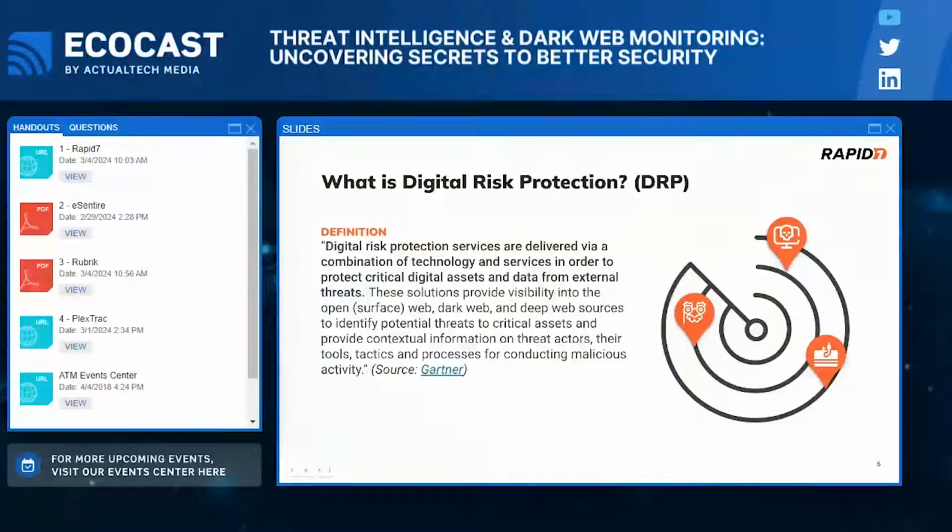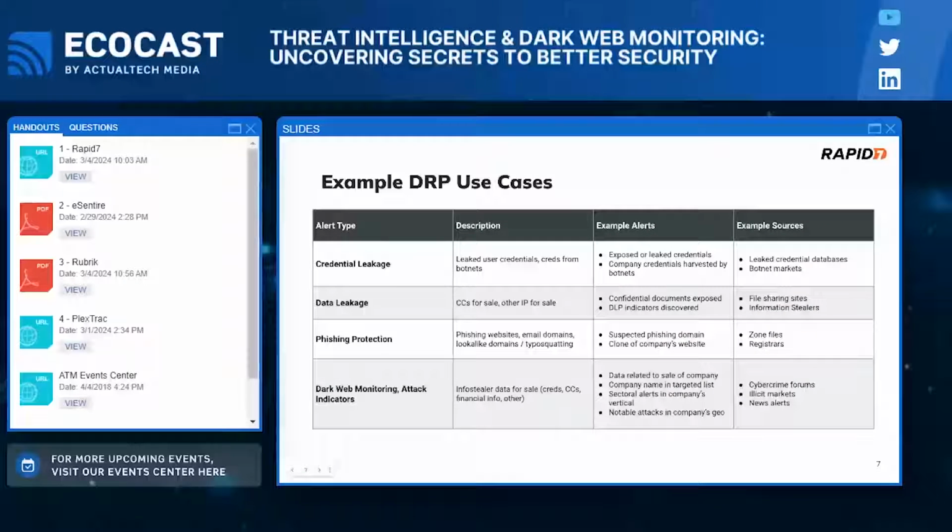It's a really valuable tool in the tool belt. And these are just, again, a sample to give a flavor of the sort of use cases that DRP can help monitor for. So again, looking for, hey, what credentials are out there? Are my employees potentially exposed? And it might not have been a breach against your company. It could have been somewhere else. But again, we know that people reuse passwords. They use their credentials in many places. And those can be harvested in different ways. And so a great DRP service can look at different databases. It can look at the places where botnets are for sale and that sort of thing.